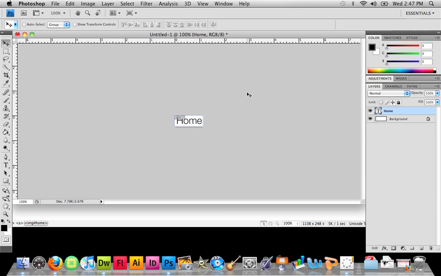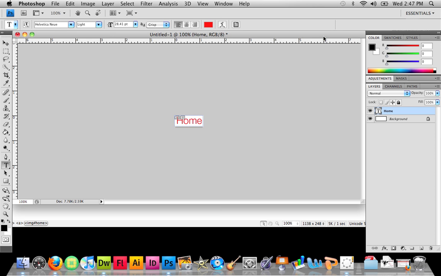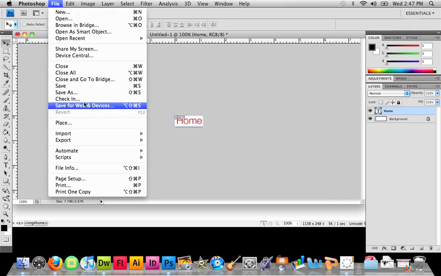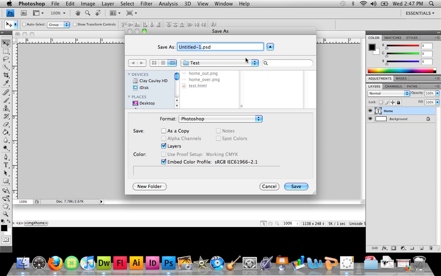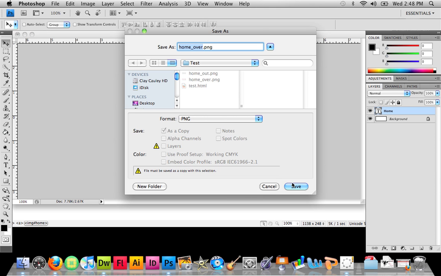And now what I need to do is make an over state of this button. The over state of this button will be when the user's mouse is over it. Now what I want to happen when the user's mouse goes over the home button is I want it to turn red. So I'll change the color to red. Simple as that. And then I will save it out as home over, so I don't get confused when I'm going through and putting them into Dreamweaver. So we have it as home over and home out,